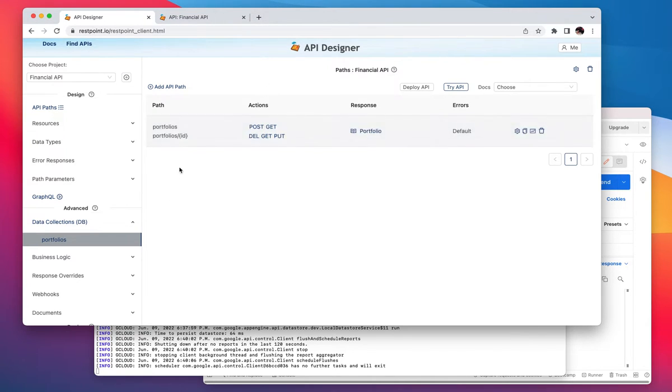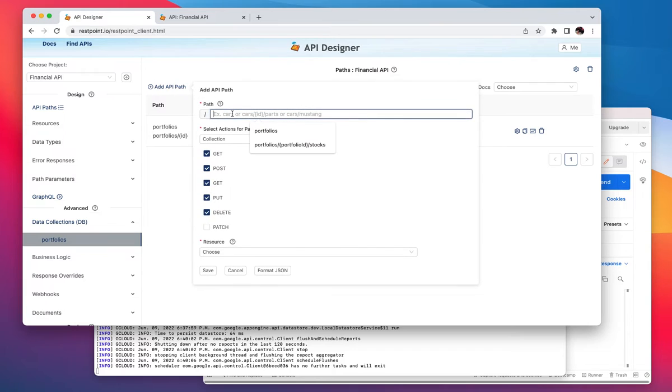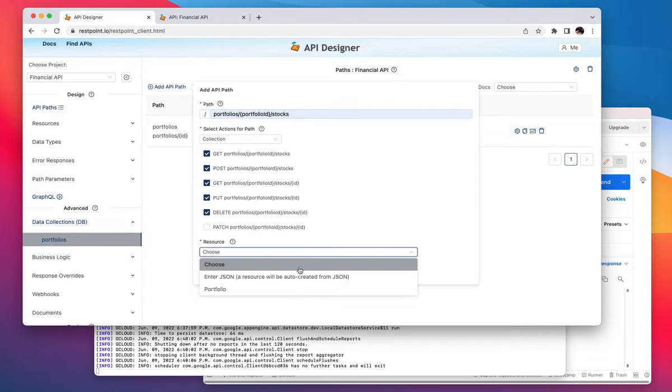So we have one path made. Let's make our other path for portfolios. And we'll use OpenAPI convention, which is portfolios. This will enable me now to create portfolios and stocks. So I'm going to create this,